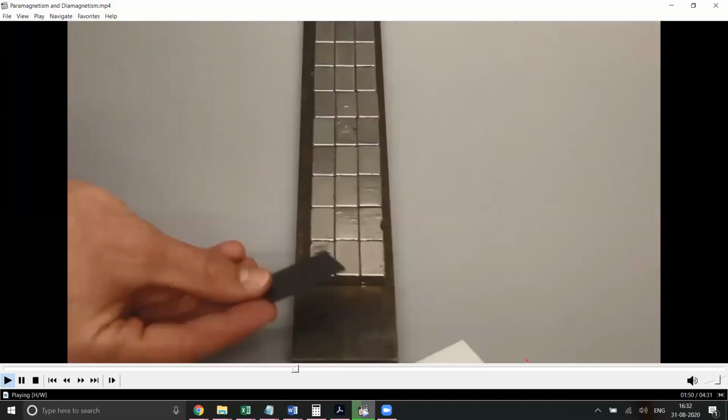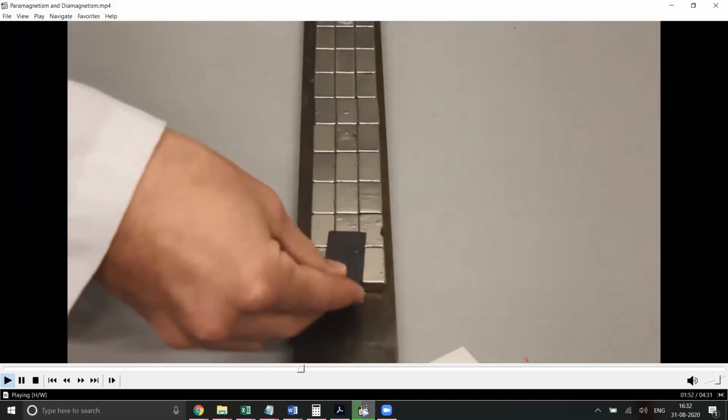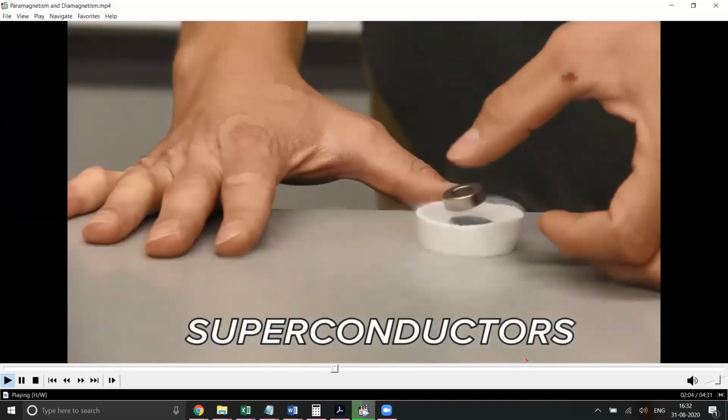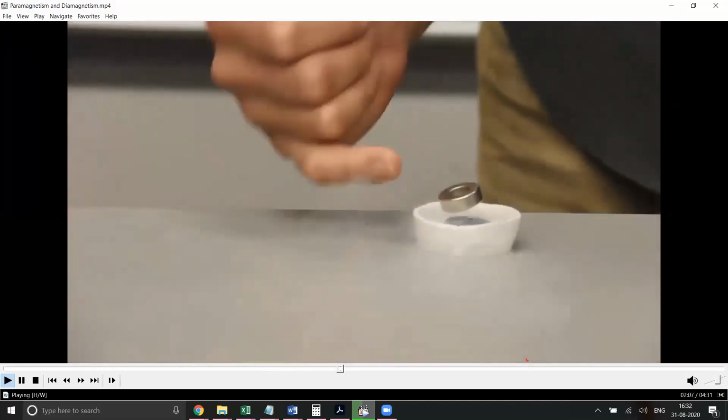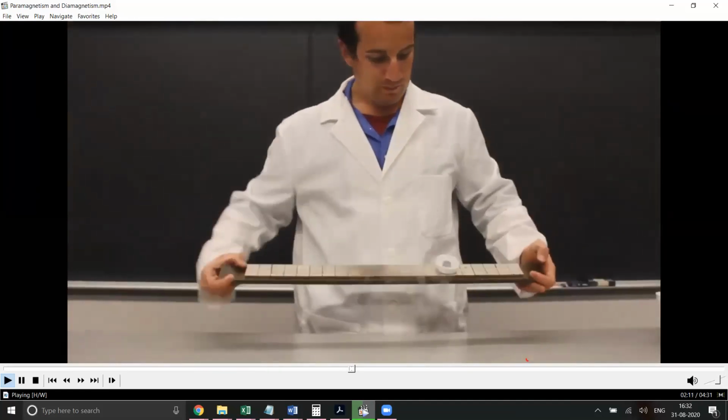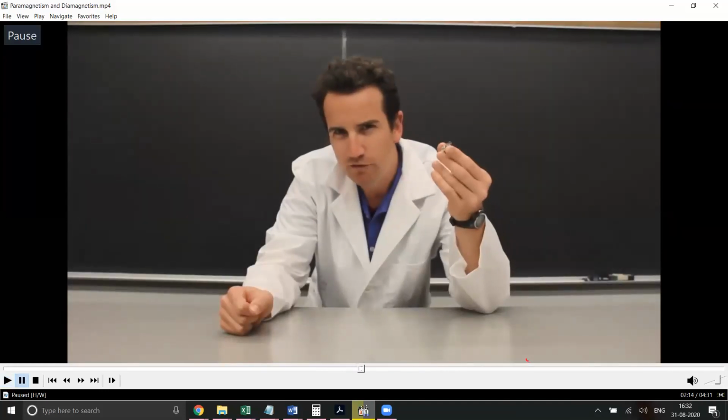So this is what is happening. Pyrolytic graphite, a grown crystal of black carbon at low temperatures, provides the exact opposite: there is repulsion wherever magnetism is present, which is the concept of magnetic levitation. So here also it is getting repulsed. These are the properties exhibited by a diamagnetic material.